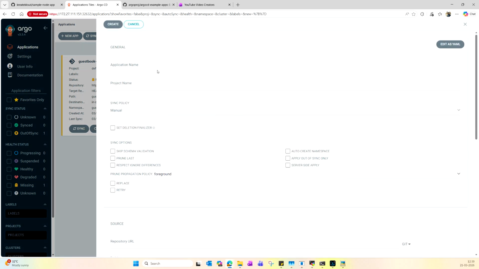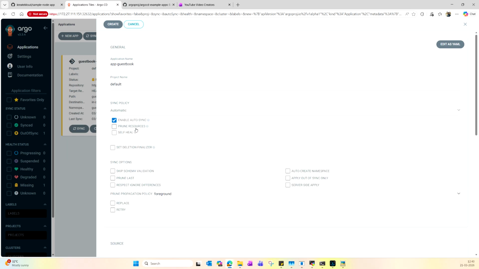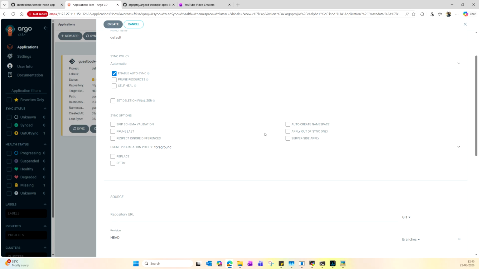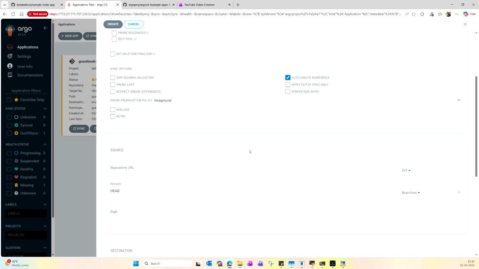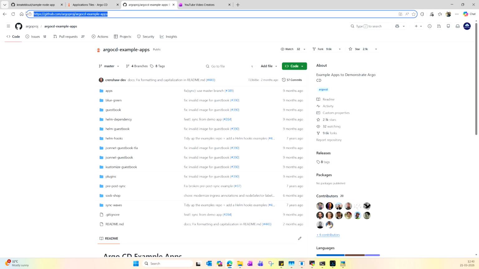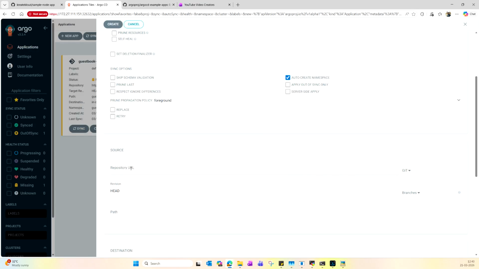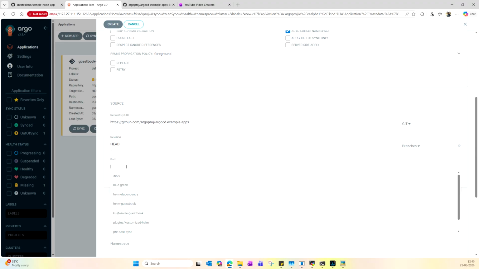So let me create a new app, and here I'll give the application name app-guestbook, and project name default, and automatic sync policy. And here for sync option, I'm going to enable auto create namespace, so that if the namespace does not exist, it will create a new one. And I'm going to give this repository URL. Okay, and the path will be guestbook,